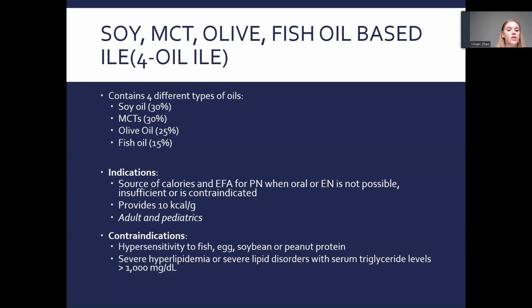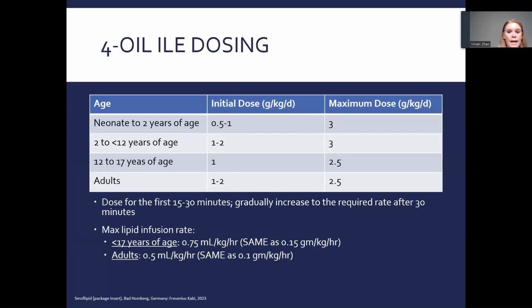Again, your contraindications are going to be any hypersensitivity to fish, egg, soybean, or peanut, and then hyperlipidemia, so triglycerides over 1,000. And this is a nice lipid for your patients that need a lot of calories because they're not growing or they're not able to